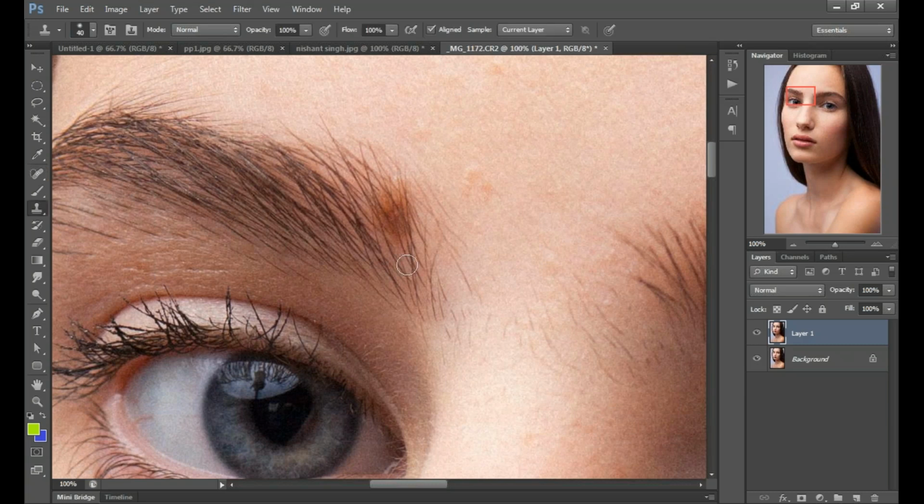We will take the sample from somewhere like that. Which button do you use for clone and how to take the sample? Alt. Just press the Alt button and take the sample. We'll change the sample again.